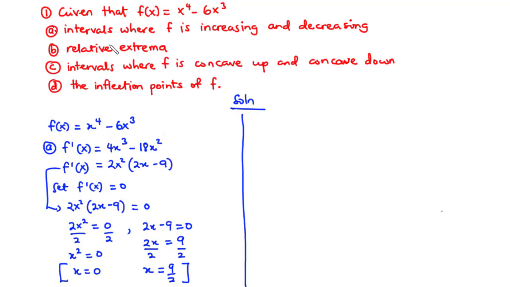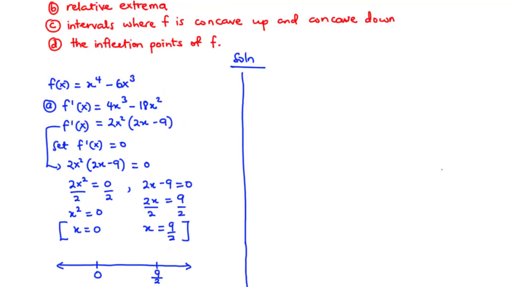Now to determine the intervals where the function is increasing or decreasing, we are going to substitute in a value that is first of all less than 0, next a value that is in between 0 and 9 over 2, and then the third one will be a value that is greater than 9 over 2. So first of all, let's start with a value that is less than 0. We pick x equals -1, and then we substitute that into f prime of x. So we have f prime of -1,